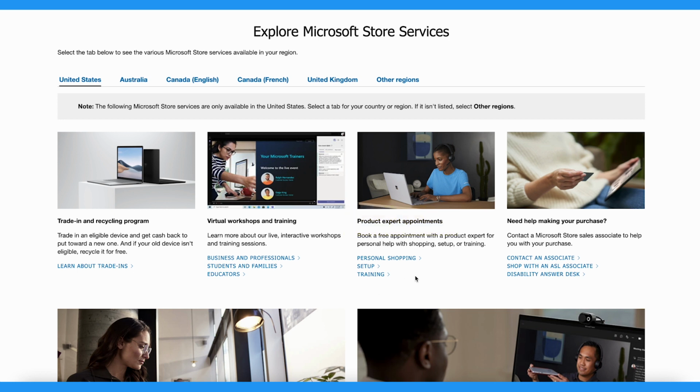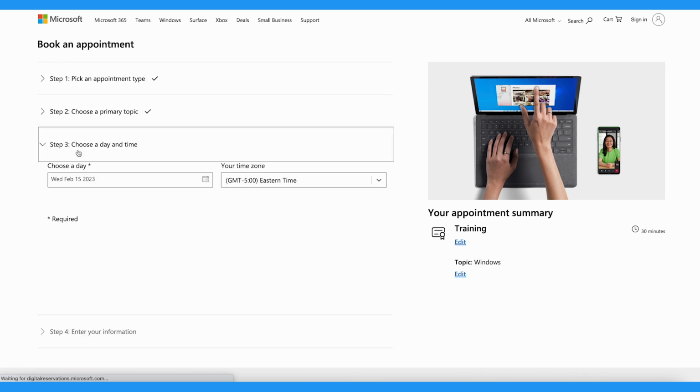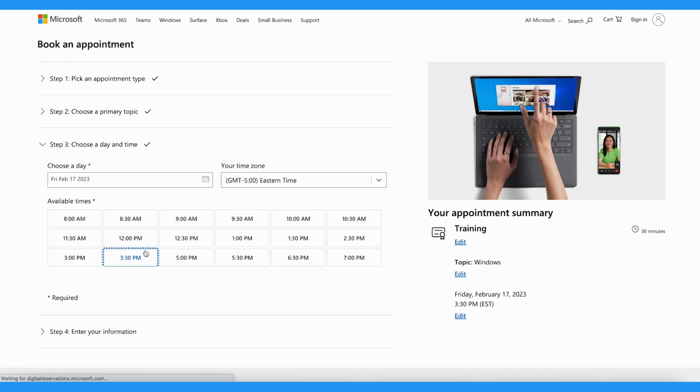Under product expert appointments, either tap Setup if you need help setting up a PC device running on Windows, or tap Training and you can learn more about any Microsoft product and the operating system. Tap Book a free training appointment. Fill out the form and you'll be able to learn more about Microsoft and all the products and apps involved,